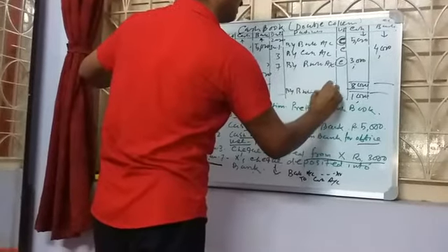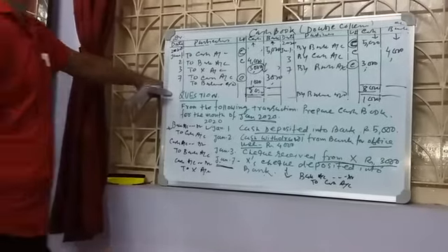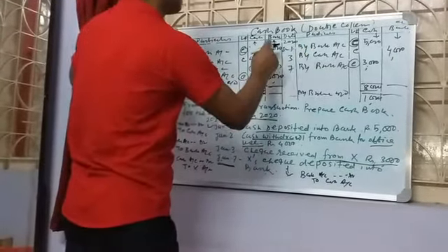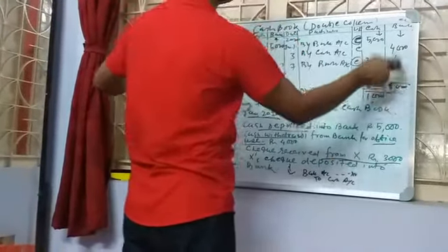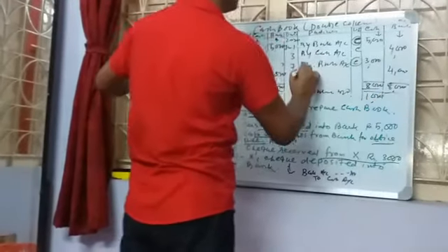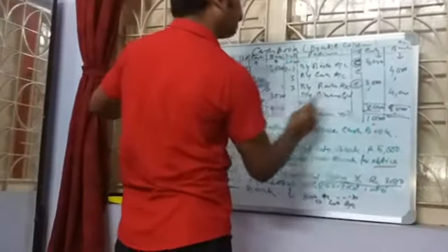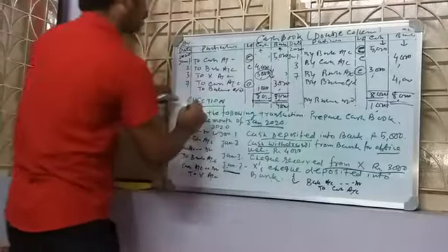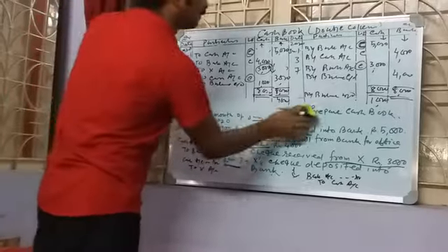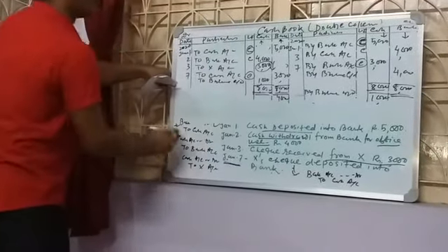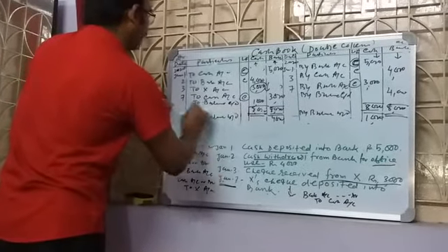Now close the ledger and bring 1,000 here, by balance b/d. Now you have to close the bank column. See, the debit side total is higher than the credit side total. So 5,000 plus 3,000 is 8,000. Put 8,000 here. So 8,000 minus 4,000, your balance will be 4,000. So now here you write by balance c/d 4,000. Close the ledger. Bring 4,000 here. And here you write to balance.